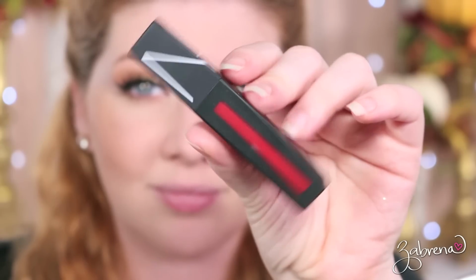I paired it up with my NARS Power Matte Lip Pigment in the shade Don't Stop. I love the color. The problem with it is that after I apply it, it instantly bleeds outside of my lip line and it feathers horribly after I've been wearing it all day. And it's one that I usually have to pair up with a lip liner. So I wanted to test it out with this product to see if that would help extend the wear time